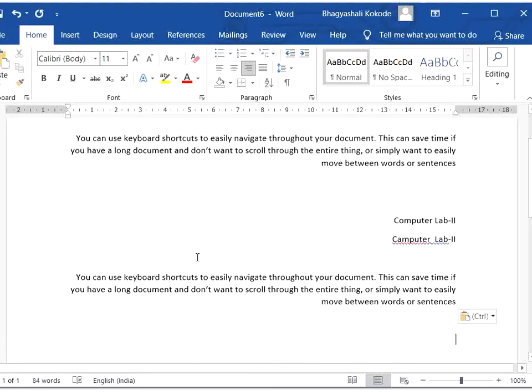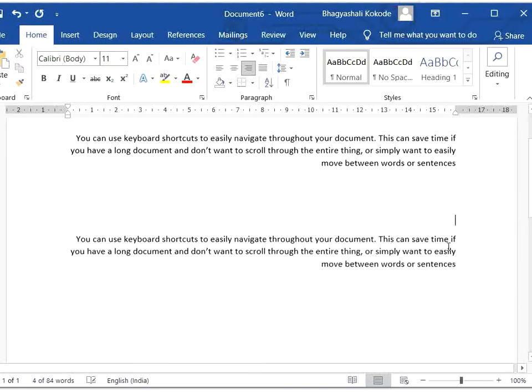So you can see here that particular sentence is being copied here. These are the keys related to moving around the document.